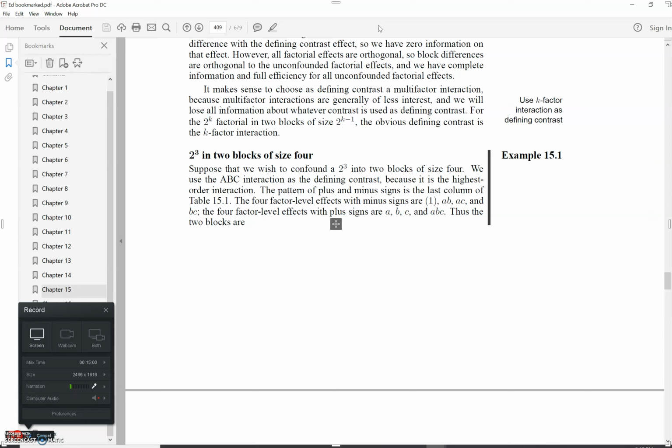Okay, so we want to confound a 2 to the 3 into two blocks of size 4. Remember, that means we're going to throw some of those effects under the bus when we do this. We need to use the ABC interaction as our defining contrast. That way, that's the one we can reduce to in order to be more efficient in our design. So if ABC is our highest order interaction and makes our defining contrast, then we have our pattern of plus minuses. Looks like table